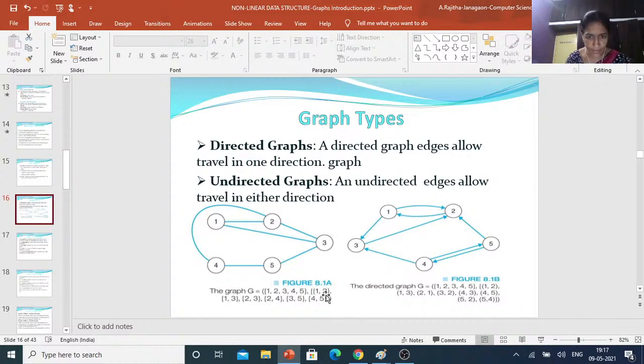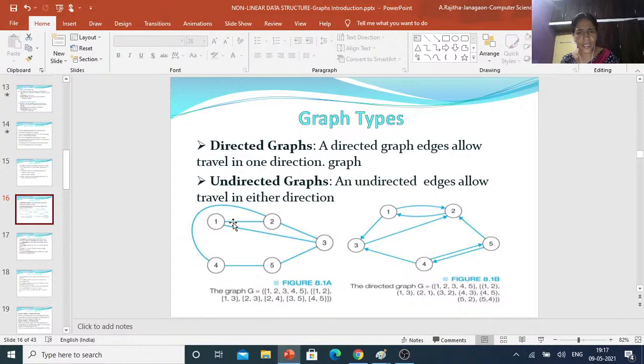This symbol is the curly brace, begin symbol and end symbol, and 1 comma 2 means there is an edge between 1 and 2, from 1 to 2 as well as 2 to 1. Both directions, so 1 comma 2 means 1 comma 2 and 2 comma 1.